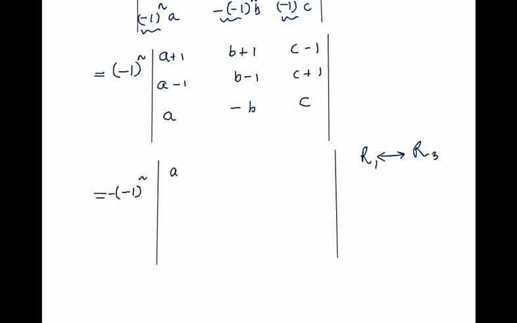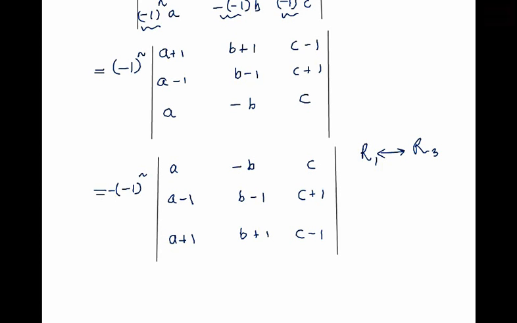So if we do like this, we get A minus B C. The second row becomes as it is, that is A minus 1, B minus 1 and C plus 1, and the third row will become A plus 1, B plus 1 and C minus 1. Now what we can do, we can interchange these rows also. So if we do this, then again a minus sign will be introduced, so that will make this negative sign